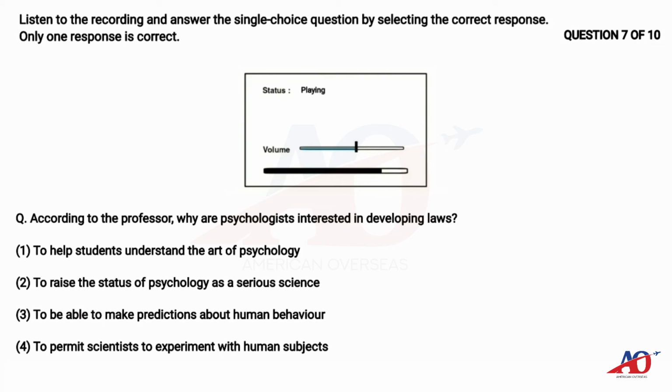How do psychologists state laws? First, using available knowledge, a psychologist makes a hypothesis about behavior. Then, the psychologist tests the hypothesis through an experiment. But even if the experiment proves the hypothesis,